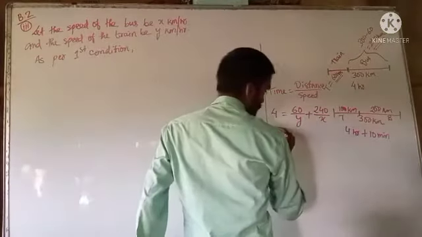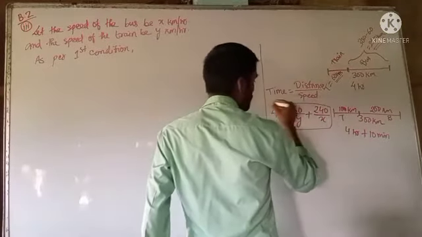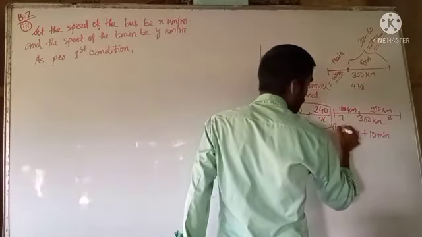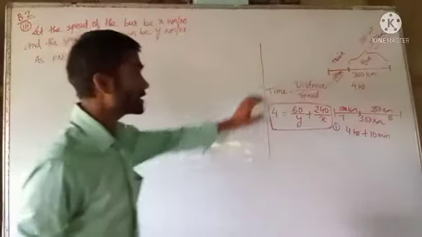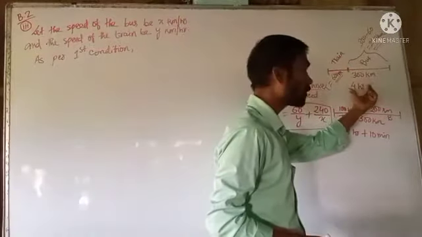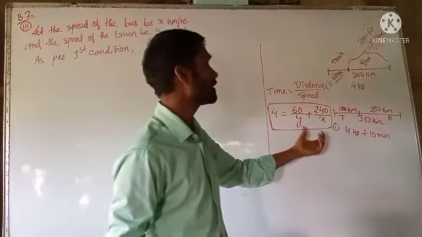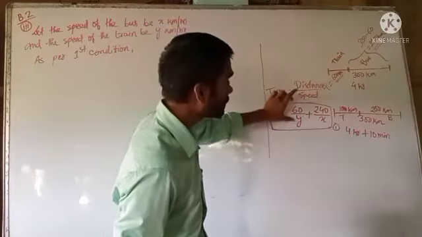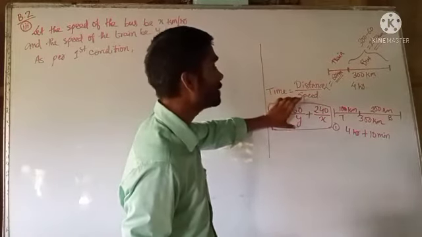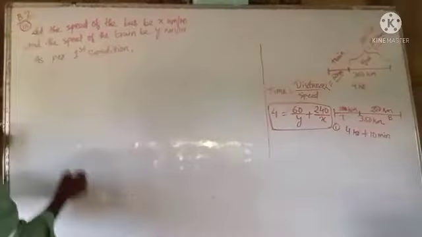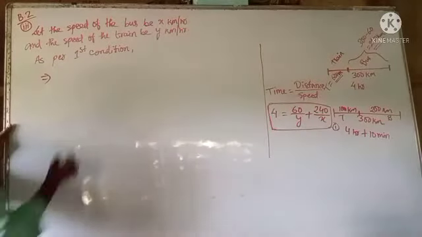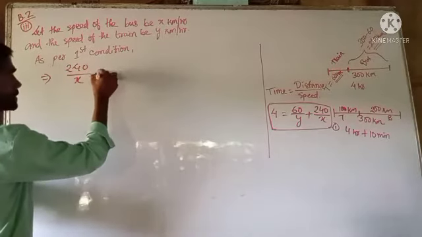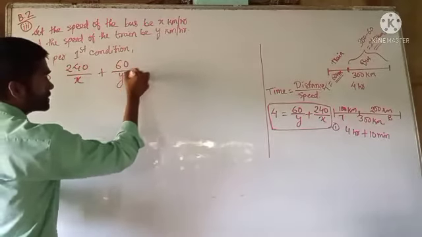Now this is the total distance. This is our first equation. We will frame our equation from it. That means the total time taken here is 4 hours, and the total distance covered here is the same in both cases, that is 300 km. Now the distance covered partly by bus and partly by train, we are adding them. So we will write here 240 by x plus 60 by y is equal to the time taken here,